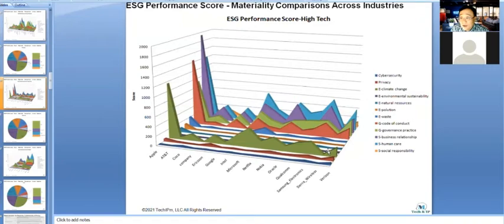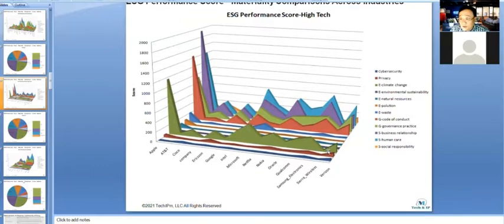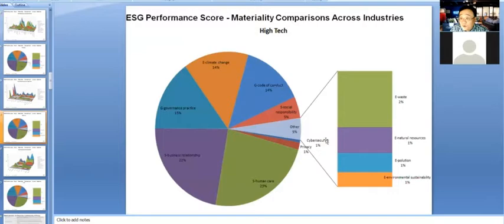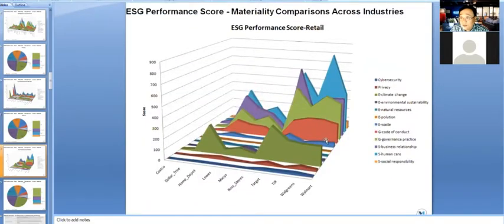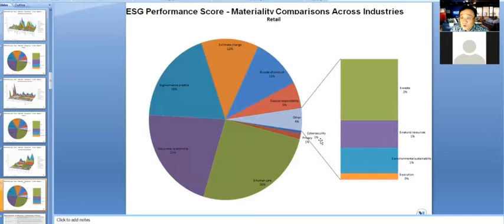You can also think of high tech, like Netflix or Amazon, which have e-commerce sites and utilize customers' information. Customers put in their information, and they gather it and use it for marketing. So they need to consider this issue, but it is still a very small portion. Retail, like Costco and Walmart, also deals with customer data, but again it is a very small portion.